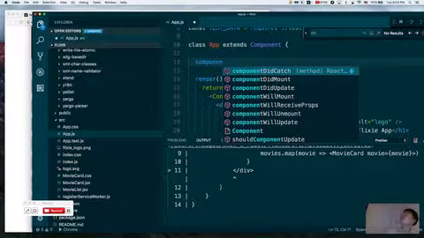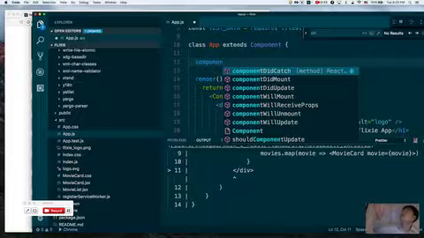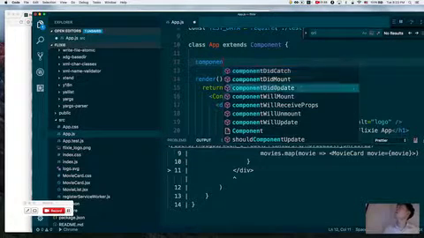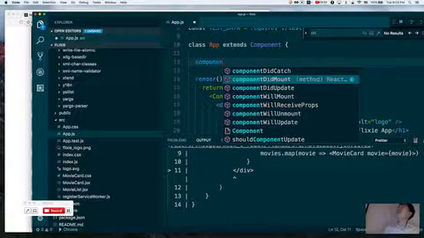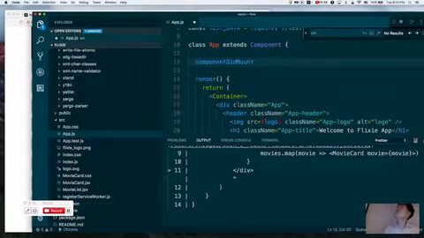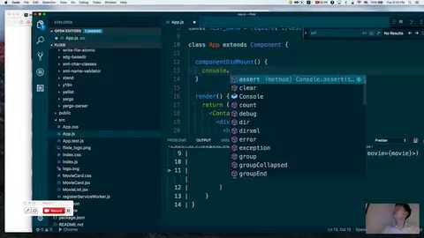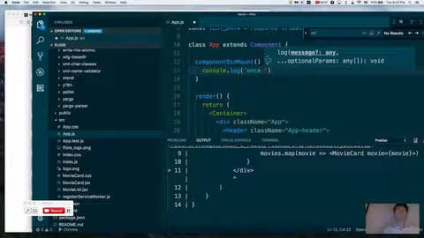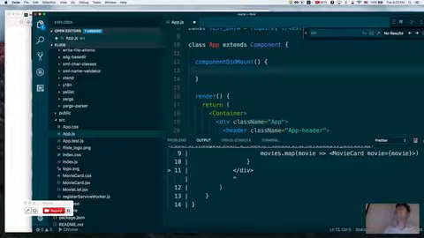Component did. So you can see, if you just type component, there are also other things that you'll see. I think 90% of the time you'll be using this one. This is where you want to put your general API calls. This is called once per initialization of the component. I could do breakpoints and prove it to you, but take my word for it for now. And here we'll load